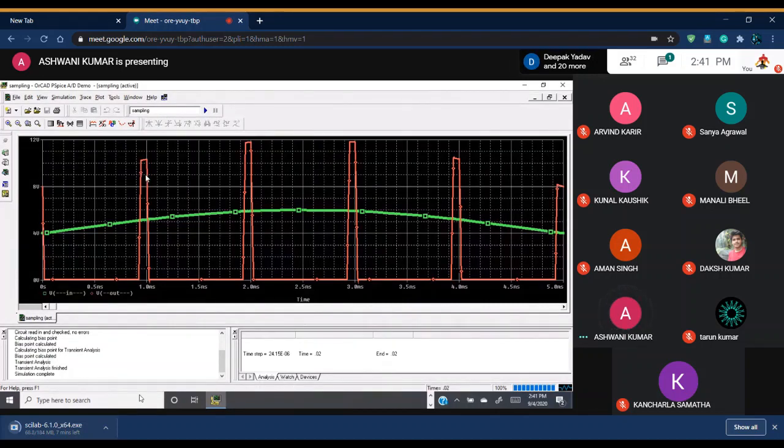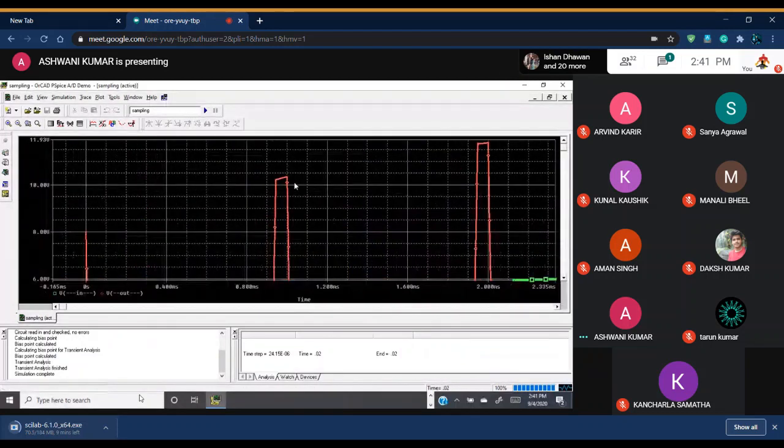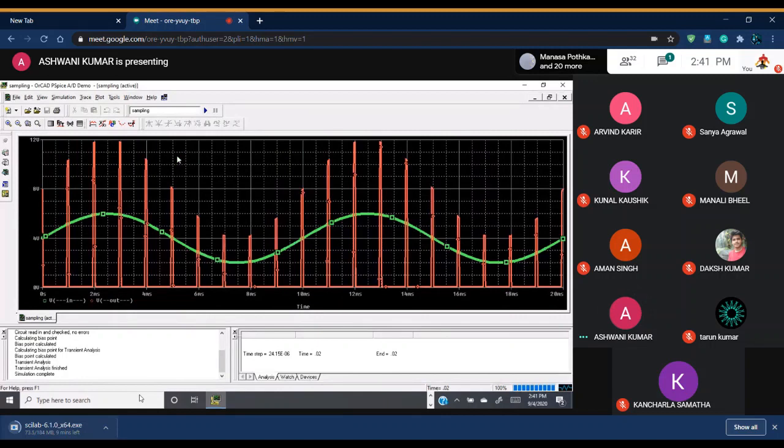And it's interesting here. If you see carefully, the pulse is following the message signal. So this is your natural sampling. It's not flat top sampling.